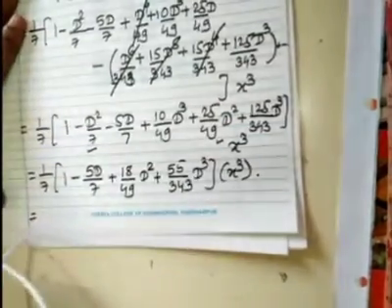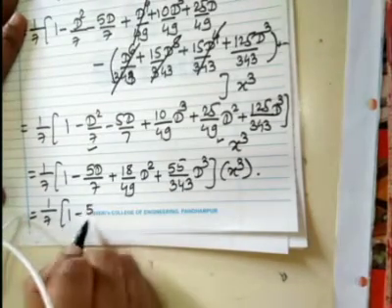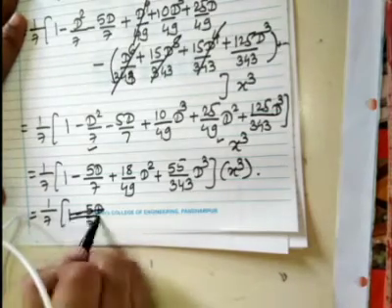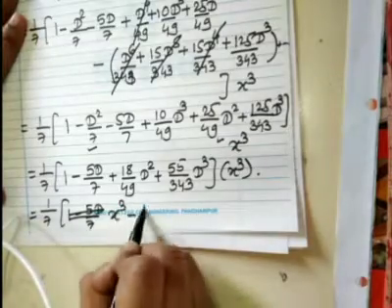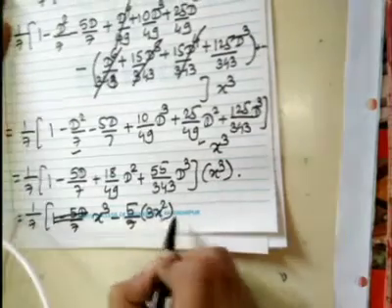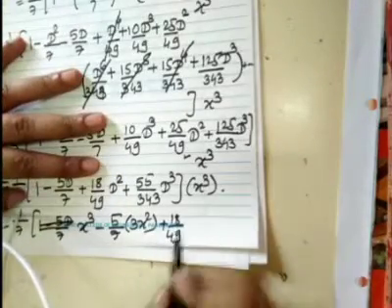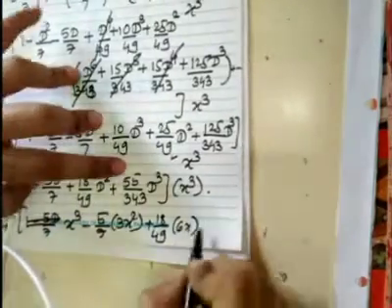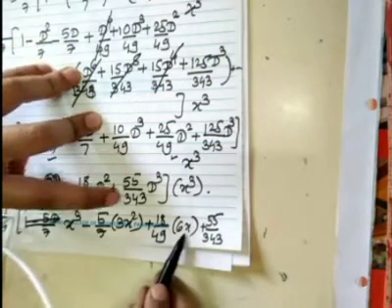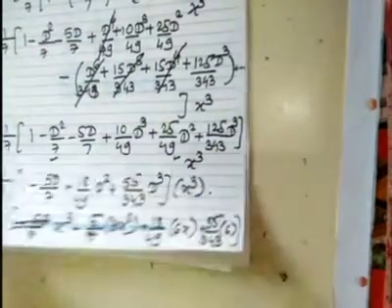Now just open it and solve. So it is 1 by 7, 1 minus 5d by 7. Okay, we'll open it now. So 1 into x cube minus 5 by 7 into derivative of x cube, that is 3x square, plus 18 by 49 into double derivative, that is 6x, and plus 55 by 343 triple derivative, this is first, second and third, that is 6. Finished. So this is your YP4.